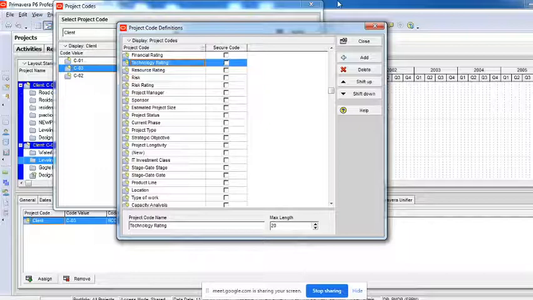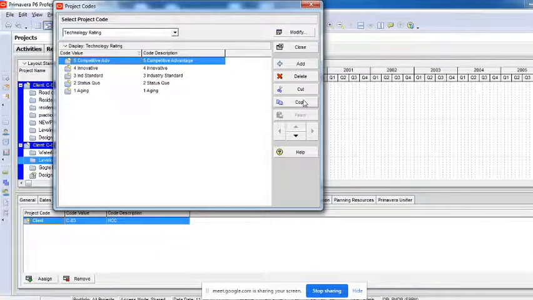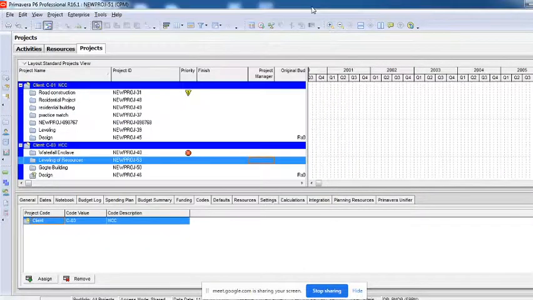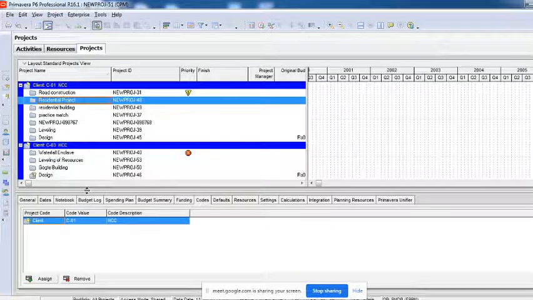So whatever you want, you will have to decide what code you want to create, then click on add. The moment you click on add, you will be able to find it here, and then say add. The values will be getting added. The moment you add the values, close, click on the projects, go to the detail window. In the codes you have an option called assign. Click on this assign. The codes will be assigned, and you will have to assign for each and every project like this, for all the projects you have.